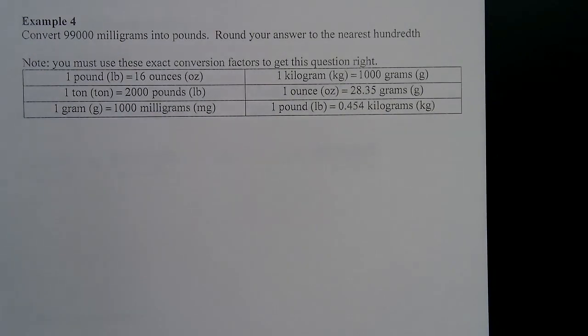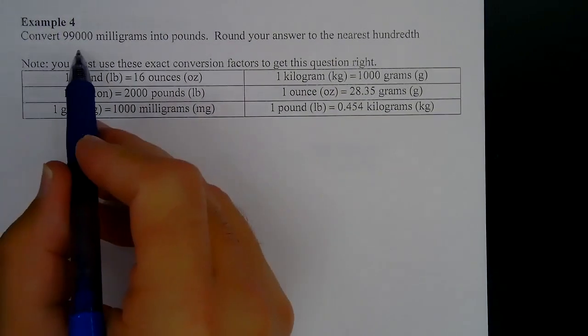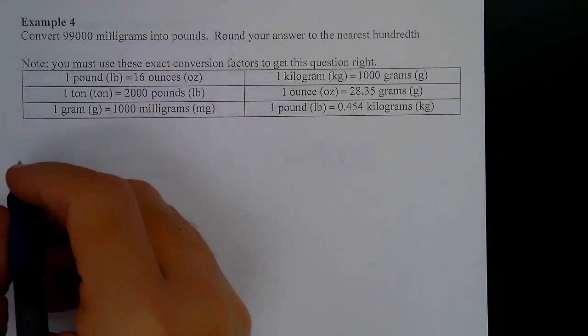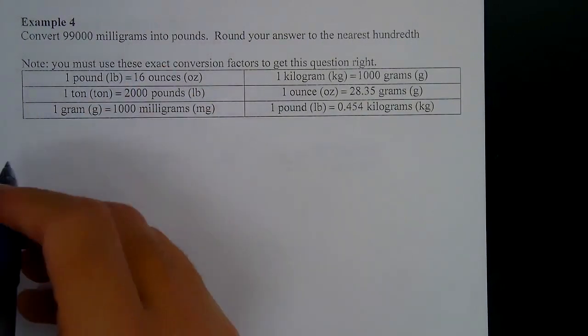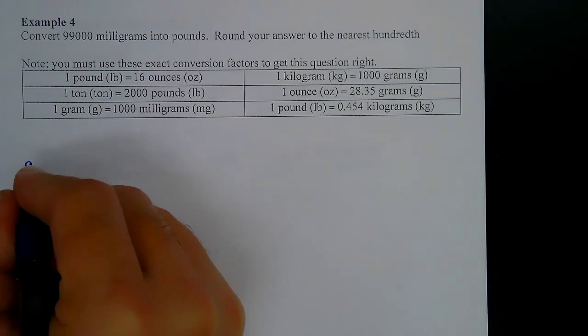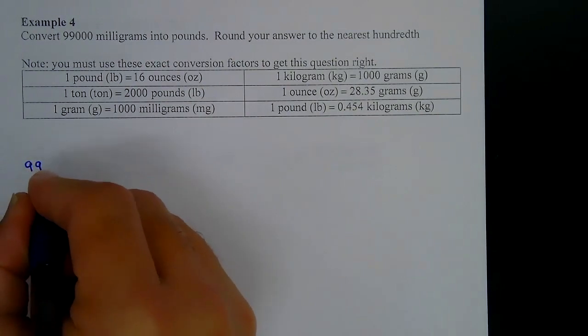All right, so for this last example, I want to convert 99,000 milligrams into pounds. So we're starting with milligrams, and at the end, we want pounds, okay? So round your answer to the nearest hundredth, okay? So let's start with the 99,000 milligrams, and that's mg, that's an abbreviation of it. So I'm going to write the abbreviation, 99,000